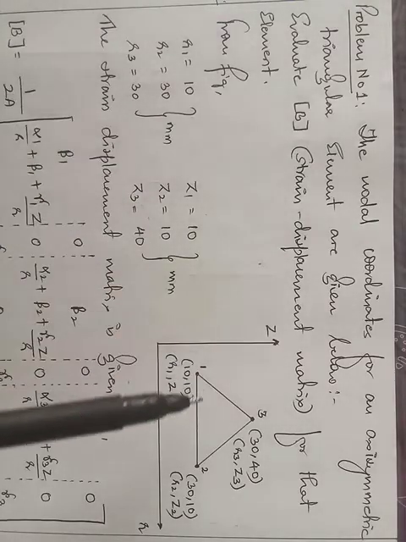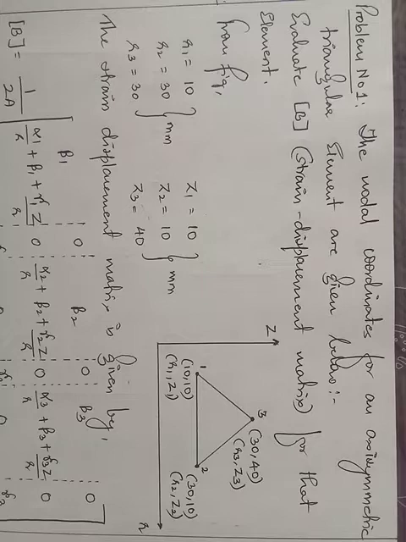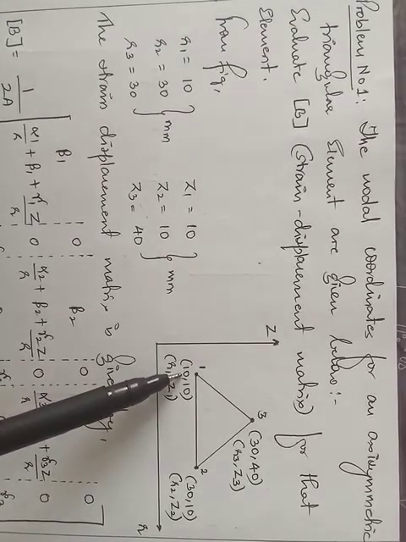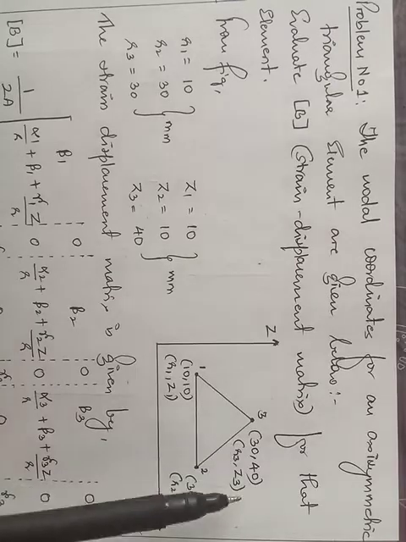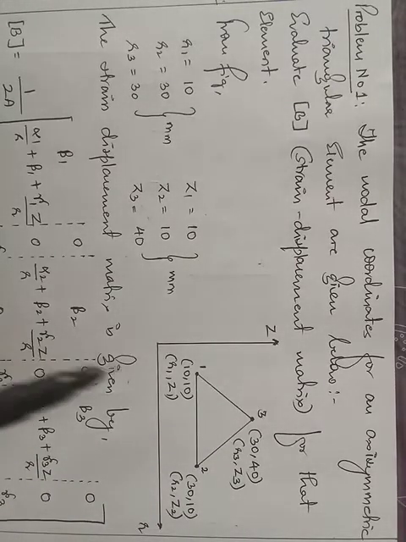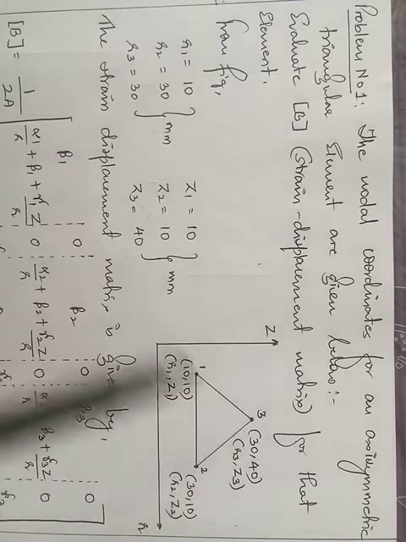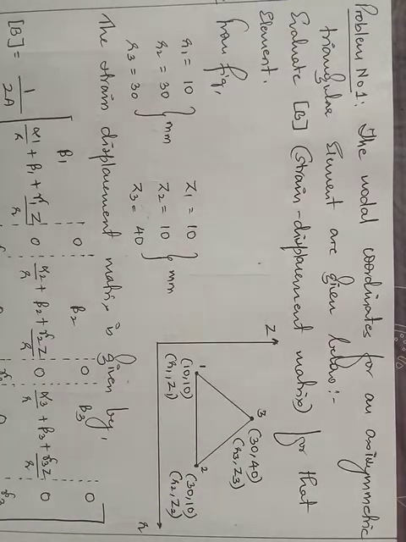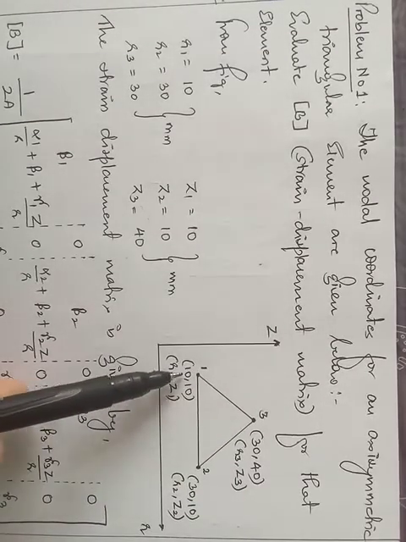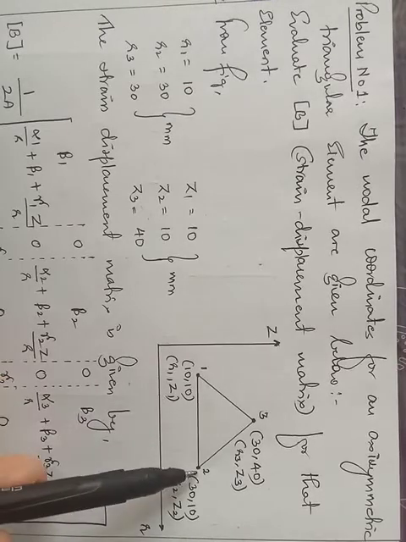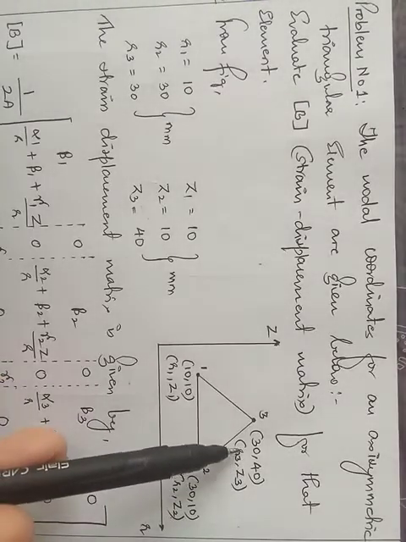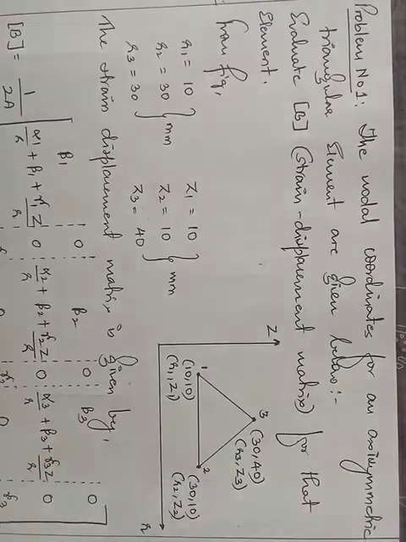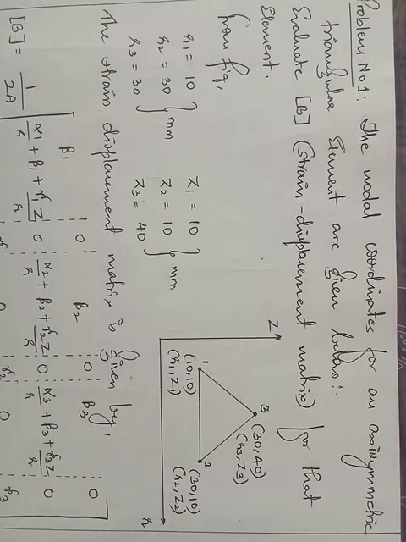Now he has given this diagram. In most of the cases he will be just giving us the coordinates 10 10, 30 10 and 30 40. In some cases he may name the nodes as 1 2 3, or in some cases he may not. Right, if he has not given the node numbering, first what you need to do is number the nodes 1 2 3, and accordingly if it is 1, then these two coordinates are r1 and z1, these two coordinates are r2 and z2, and these two coordinates are r3 and z3. Why? Because this is the r axis and this is the z axis.